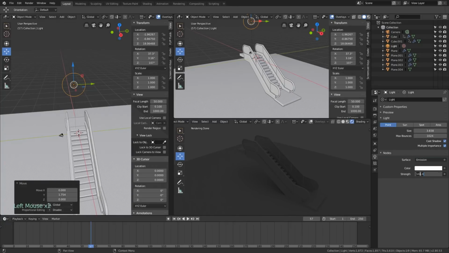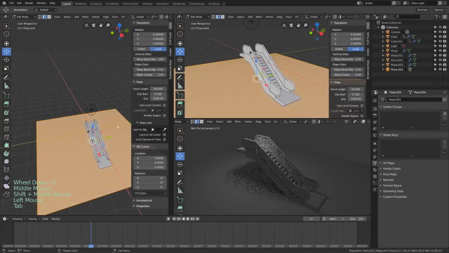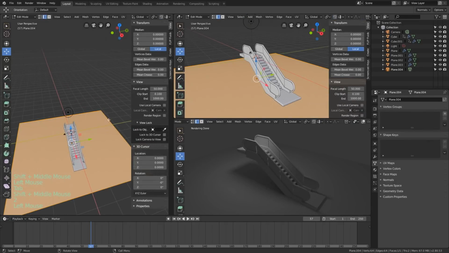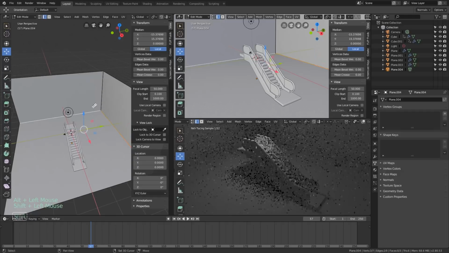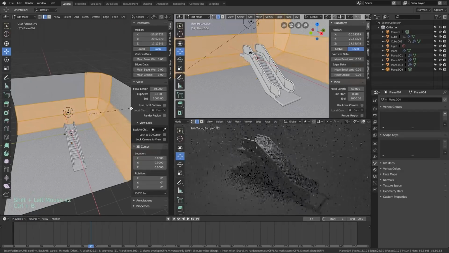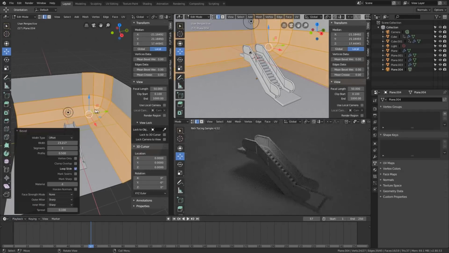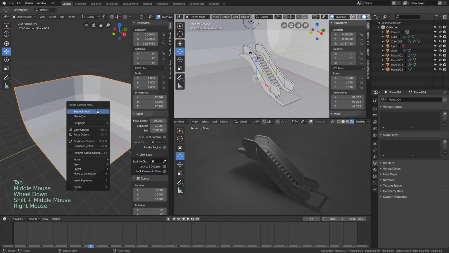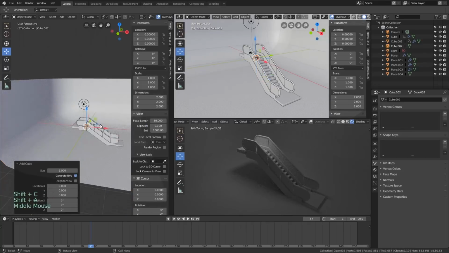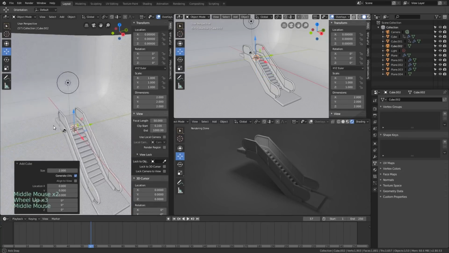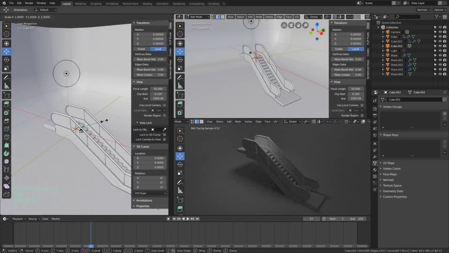Maybe we'll make it like 2000 power. Cool. And then maybe we turn this into a little bit of a backdrop. Move this up. Select these edges. Bevel them. And of course this escalator needs to be going somewhere, so maybe we just add a cube, we'll call it our second floor.